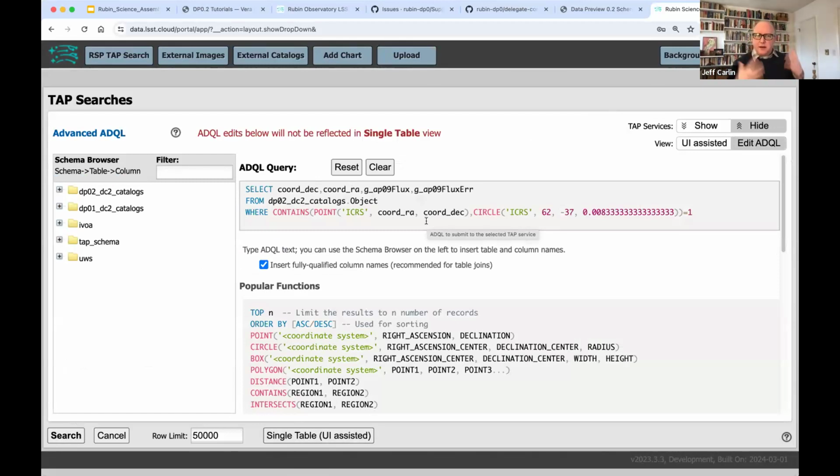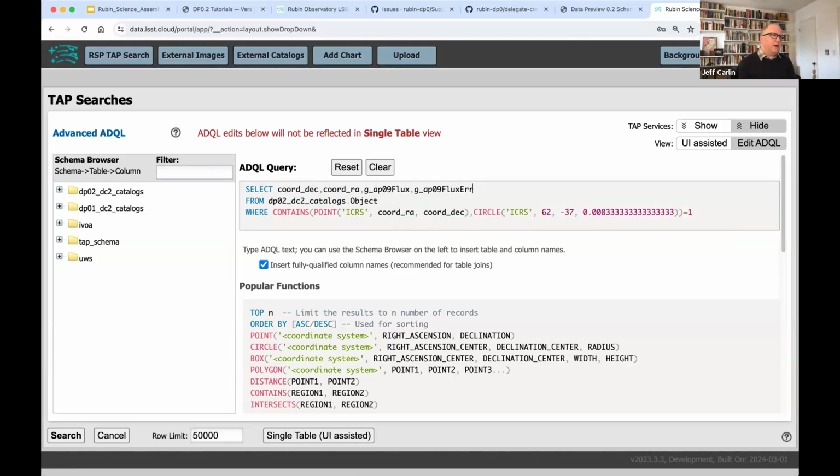And that's the language. It's like SQL, if you're familiar. This is what you actually use, or what is actually executing the query. So you can see it's just a database query saying select the RA and DEC and the aperture flux and its error. Those are the columns that I selected from the object table where it is within this many degrees of that RA DEC position that I gave. And so then once you get here, you can edit it too.